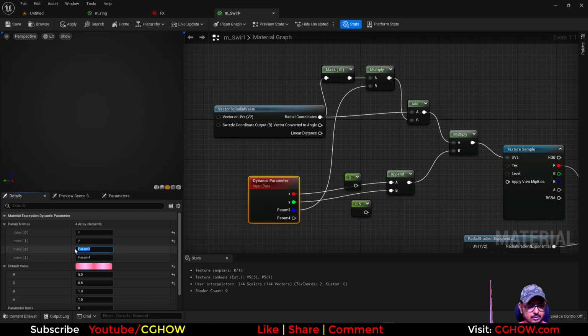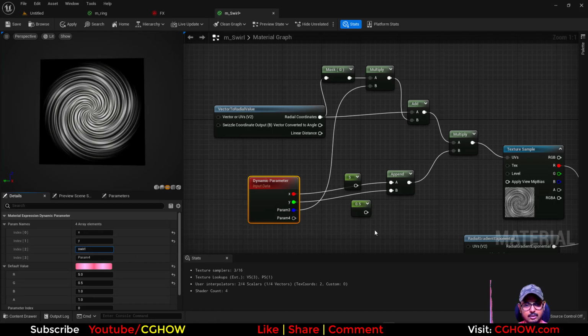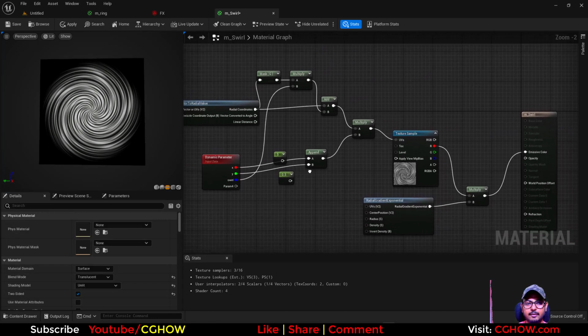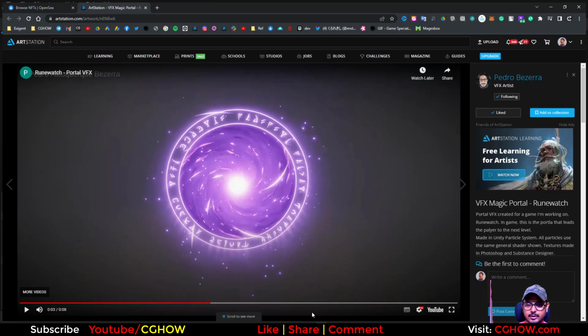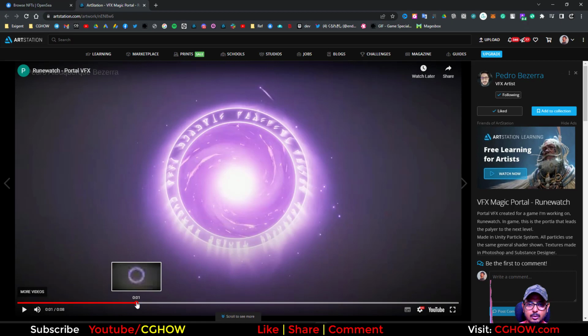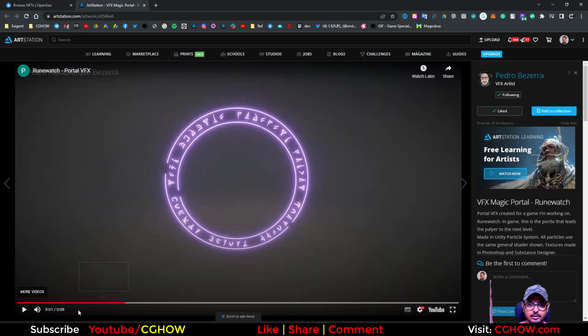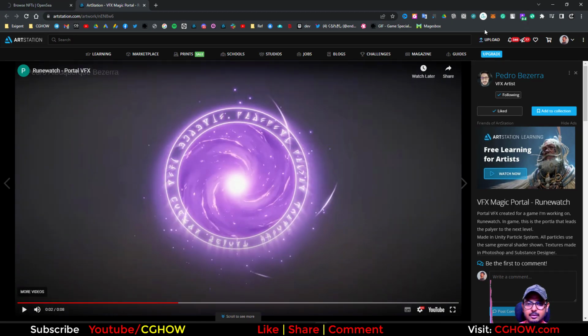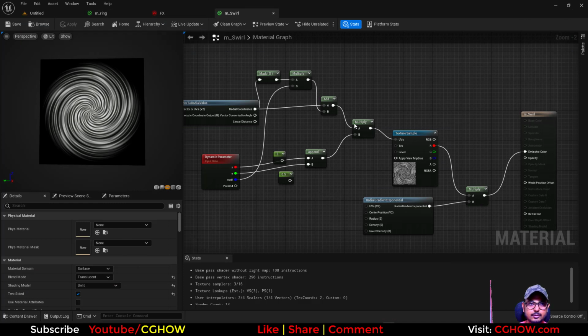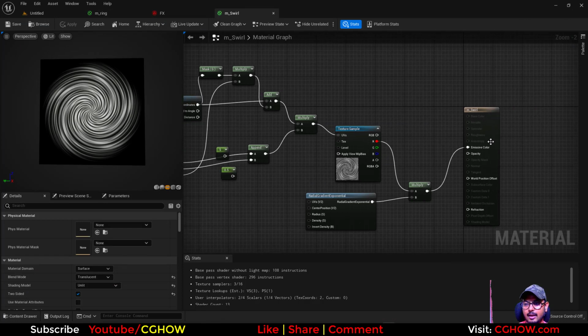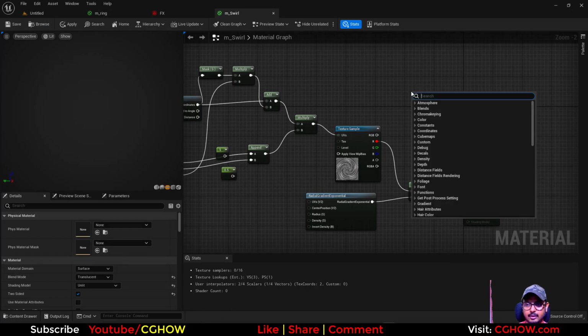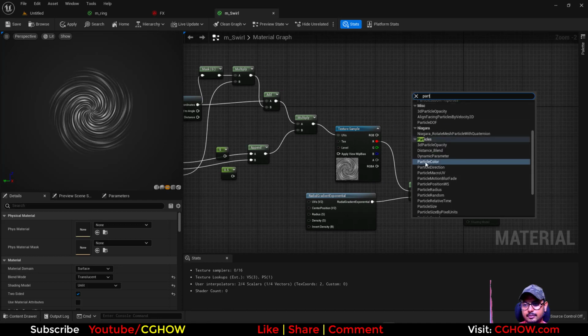So this is swirl amount, and for now let's just use this much, save it. So this swirl comes when there's a glow. So after glow, actually with glow this swirls appear. So I'll just use this, and actually you need to connect it here and take the particle color,